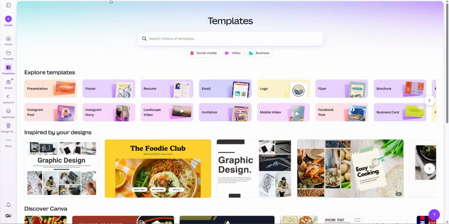In this video, I will be showing you how to create a Facebook post in Canva. Let's get started. I'll start on the templates page where I can browse through various categories like social media, video,